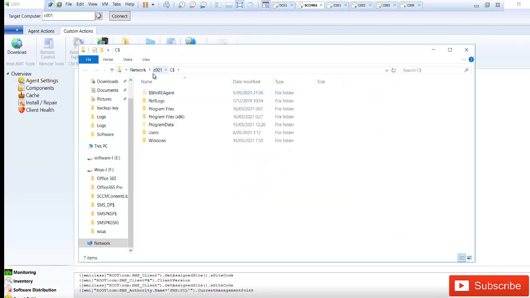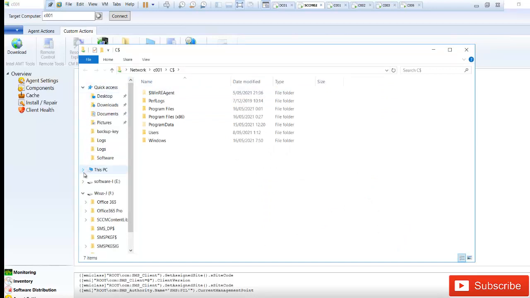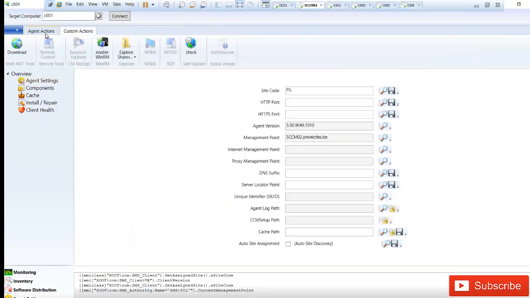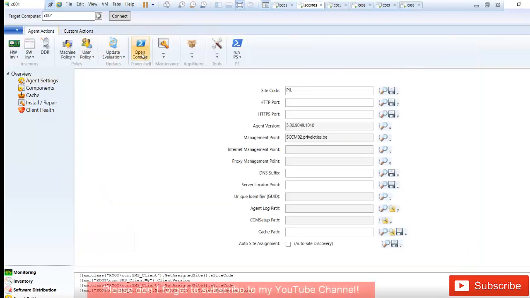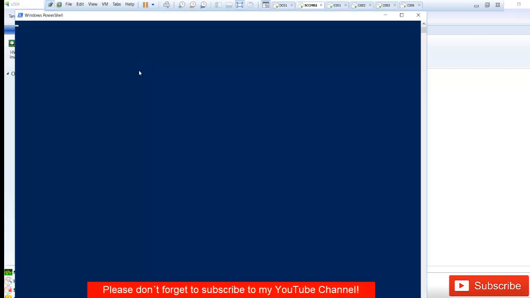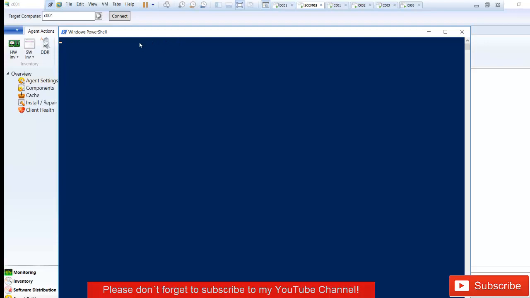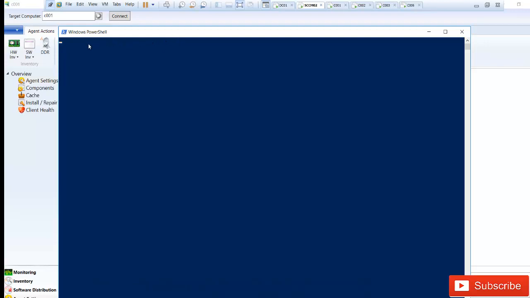You can see I'm in C001. Here you can see I'm actually browsing my C001 Windows 10 device. So I can decide to even start PowerShell from here. Right now it's connecting to Windows PowerShell on that device. So this will tell you that actually I'm connecting to